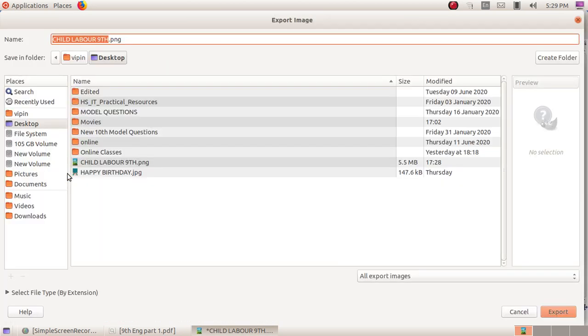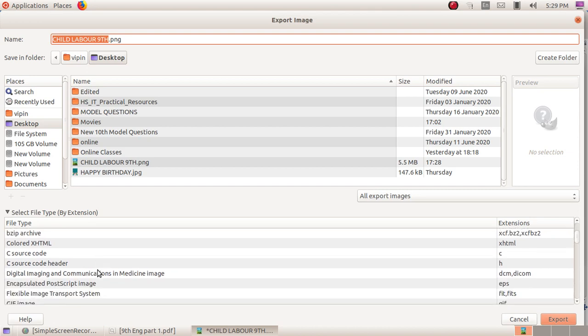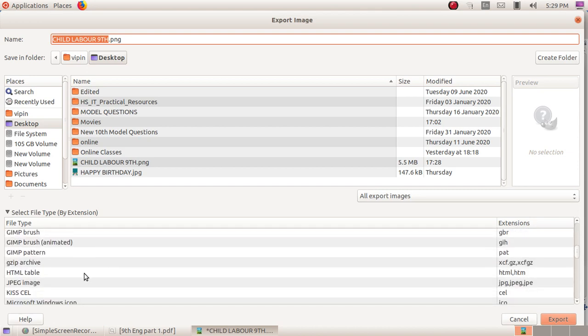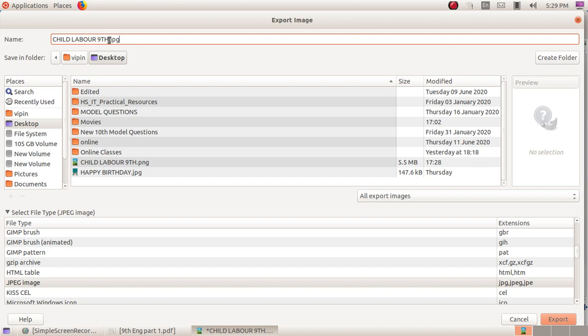For exporting the JPG, in the Export as dialog select file type by extension. Click on that and select JPG from this list. Click on that JPG image. You can see the extension is changed from PNG to JPG.